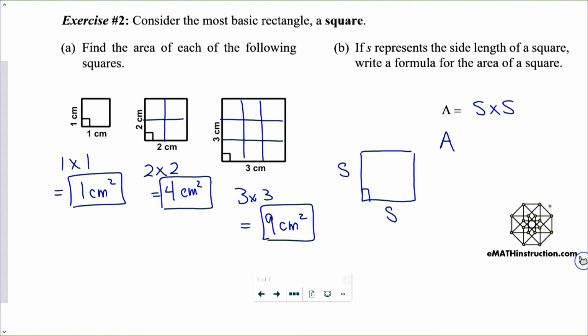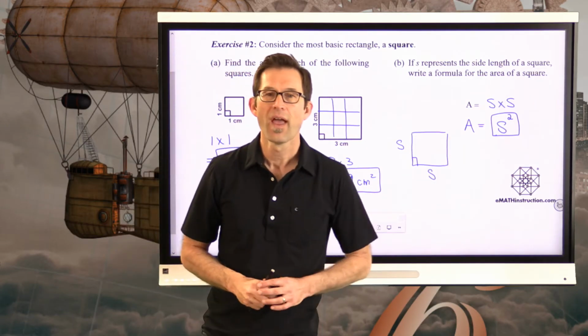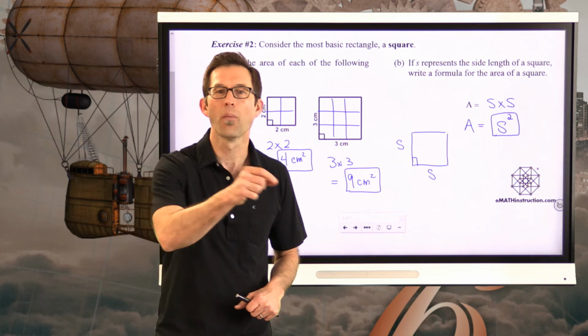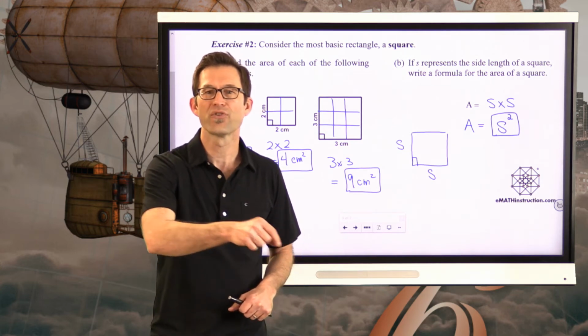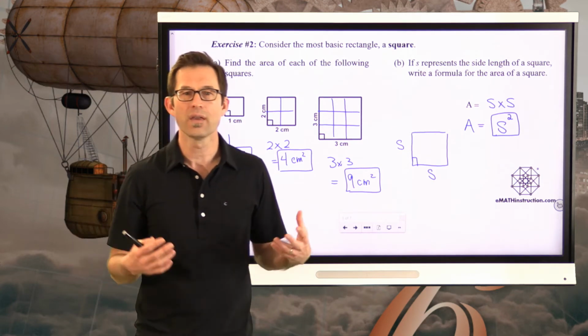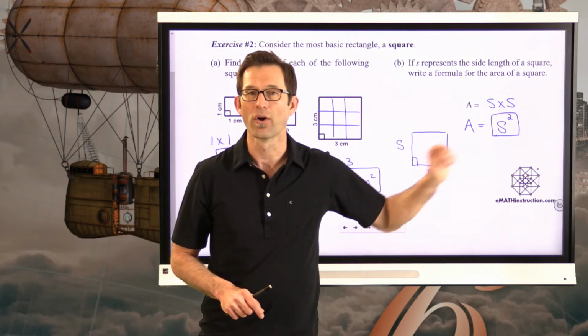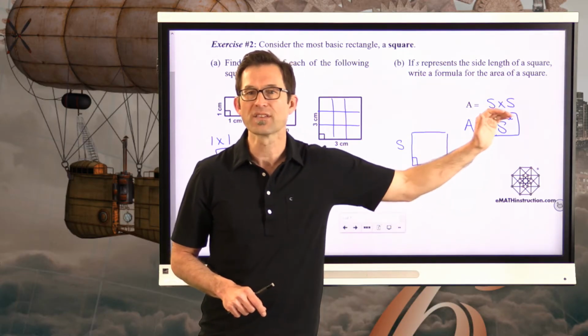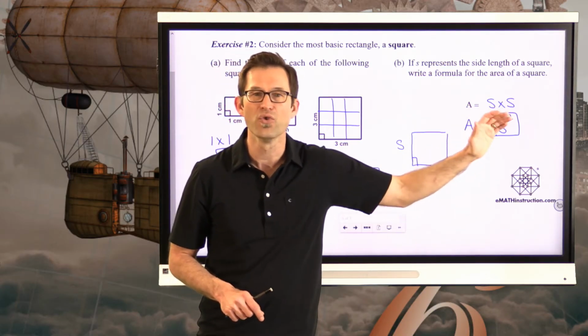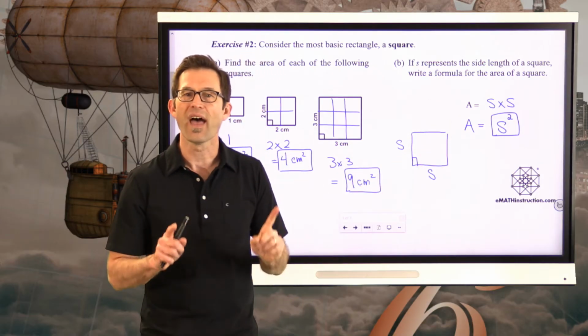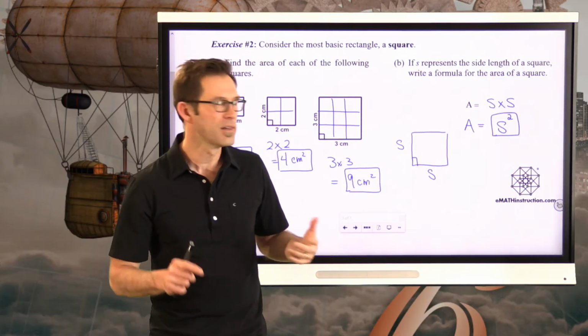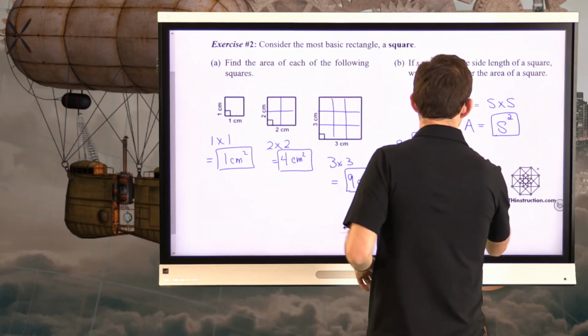And that's a great formula, but remember, anytime we have a variable that's multiplying itself, we can use an exponent to represent that repeated multiplication. And here's where that terminology goes from one area of math to another. You will almost always hear a math teacher say this formula as the following: S squared. They won't say S raised to the second exponent or S raised to the 2 or anything like that. They'll say S squared. They will literally use that terminology. S